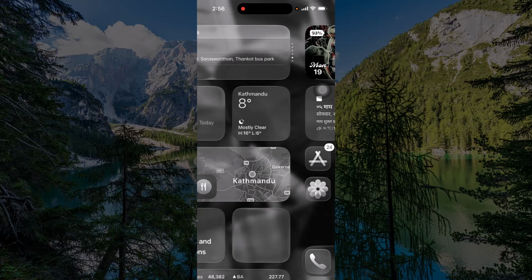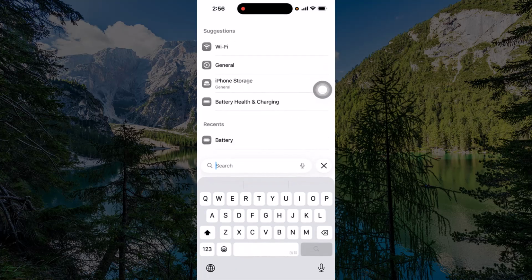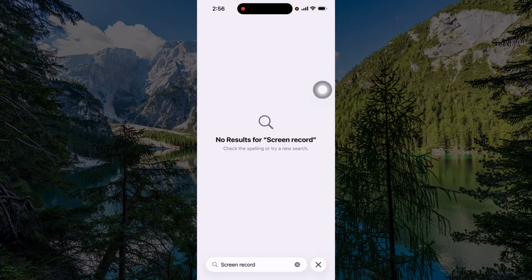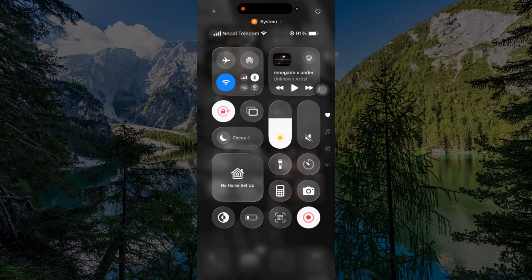So let's get started. First thing what you need to do is that you just need to go to settings and you just need to click on the option of search and search screen record. So if you don't see the option of screen record on settings, then you just need to go back to your home page and scroll from the very top right hand side, and this is the control center of iPhone